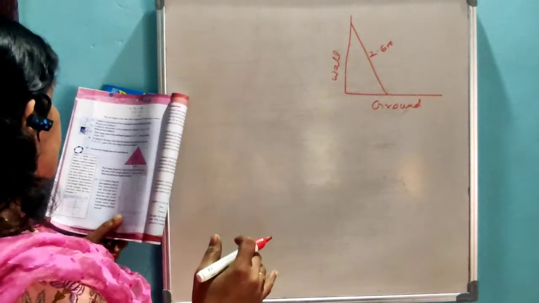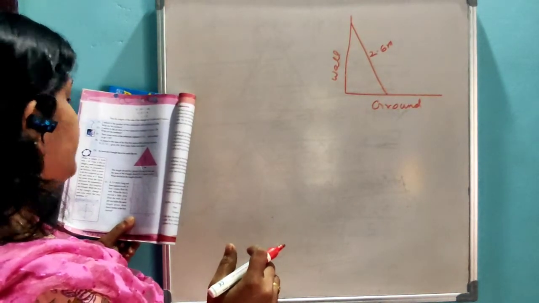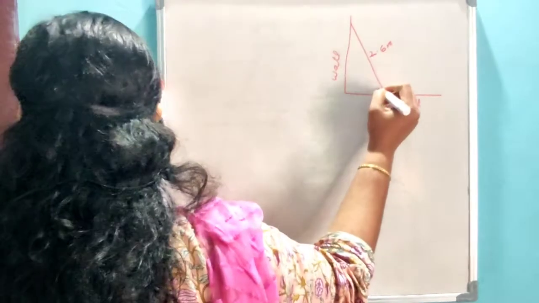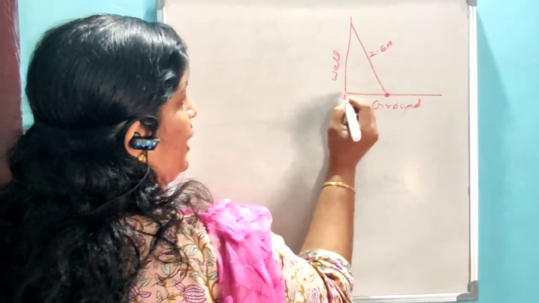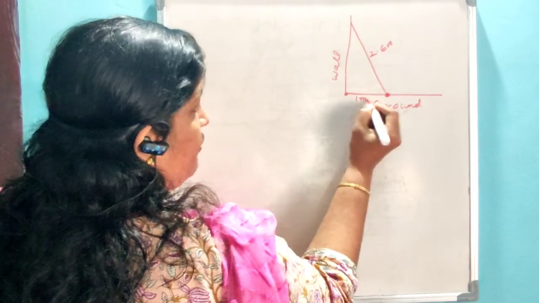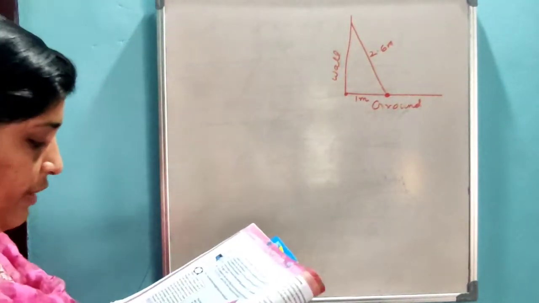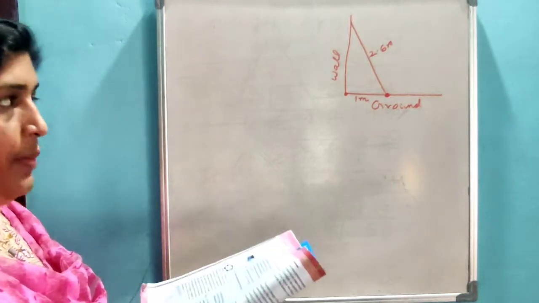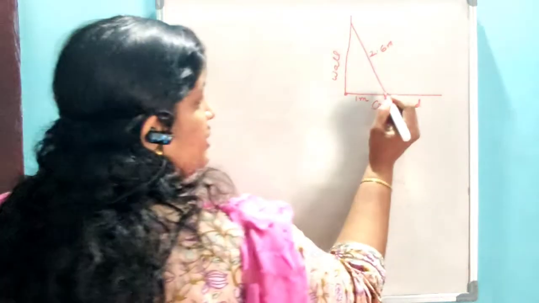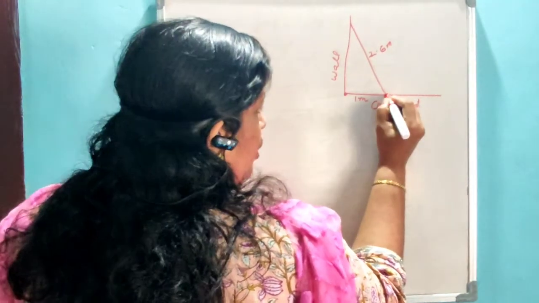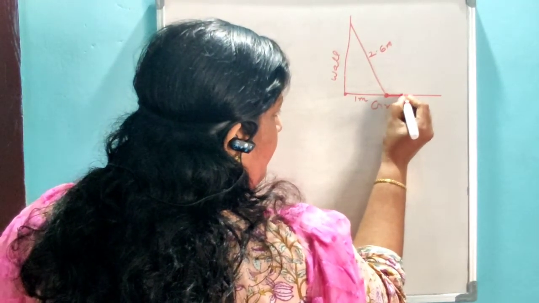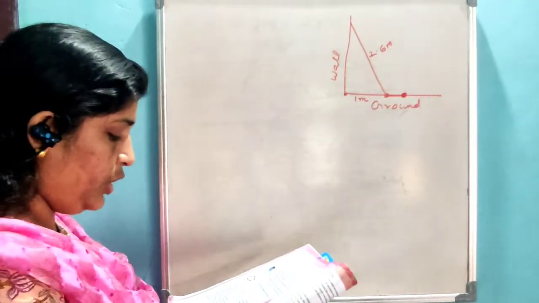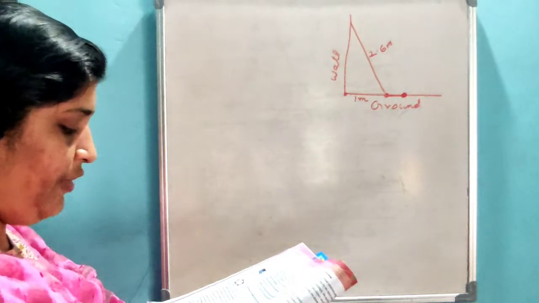It is put 1 meter from the wall. The foot of the rod is 1 meter away from the wall. When the foot of the rod is moved a little away from the wall,